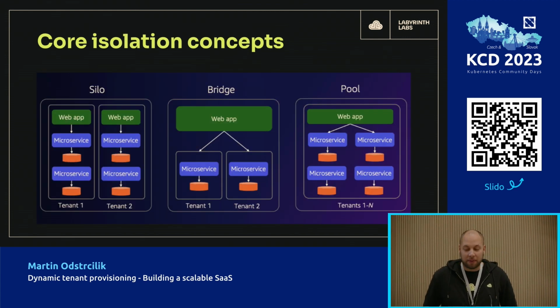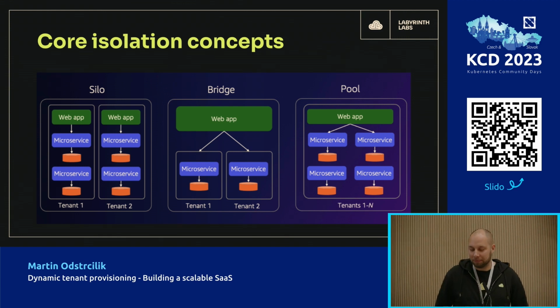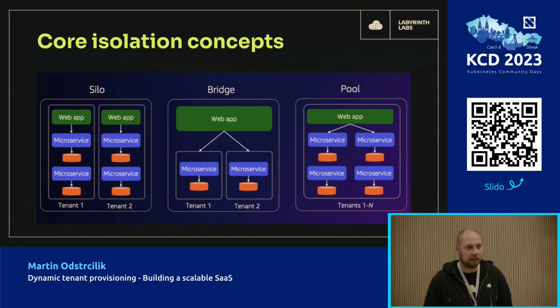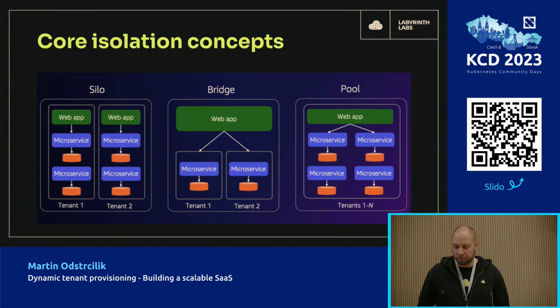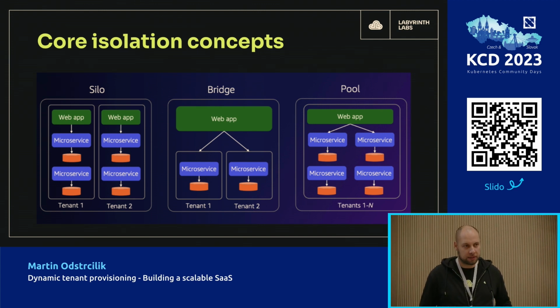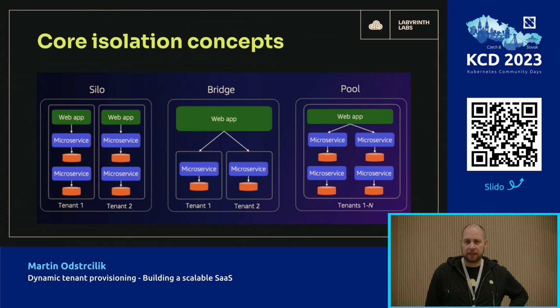Let's start with some theory. I know, and I'm sorry, but I would like you to be on the same page when I will be talking about multi-tenancy and referencing isolation concepts. So basically, we choose between a silo and a pool model, where silo means that every tenant has all resources just for himself. This is good for strong isolation, but comes with a price, meaning dollars.